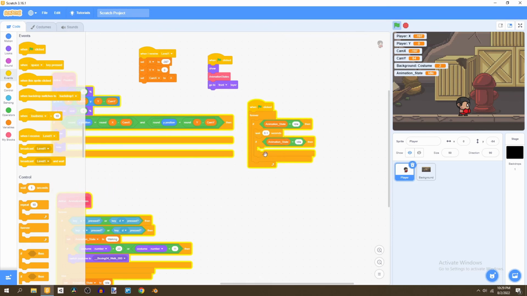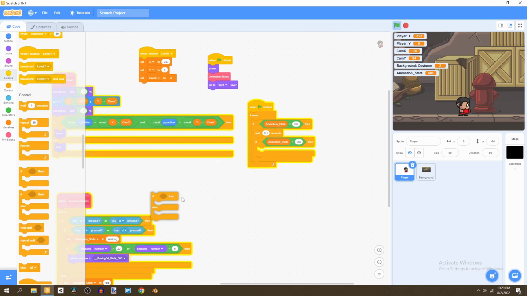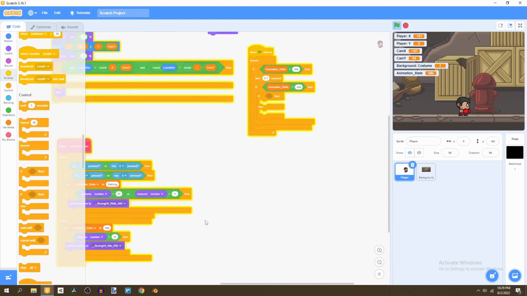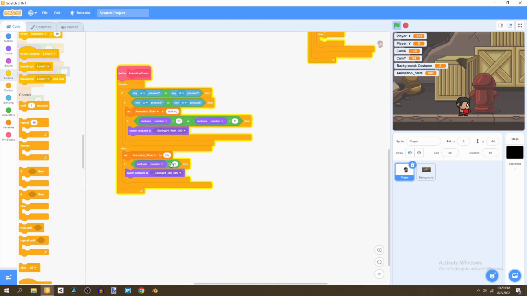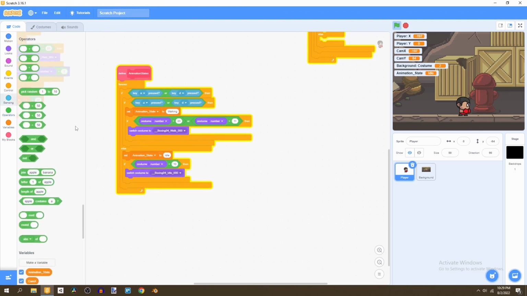That's very important. We still need to look if it equals idle after this time has passed. Then we grab an if else statement and say, let's go to operators, equals operator,